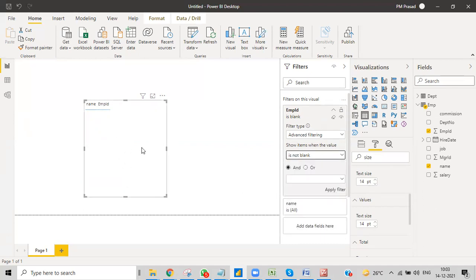Let us suppose that we have some blanks and I want only non-blank values. I want to delete blank values. I don't want to show them. It's not like delete; I don't want to show the blank values. Then obviously it's not blank value. So this is how we do it.